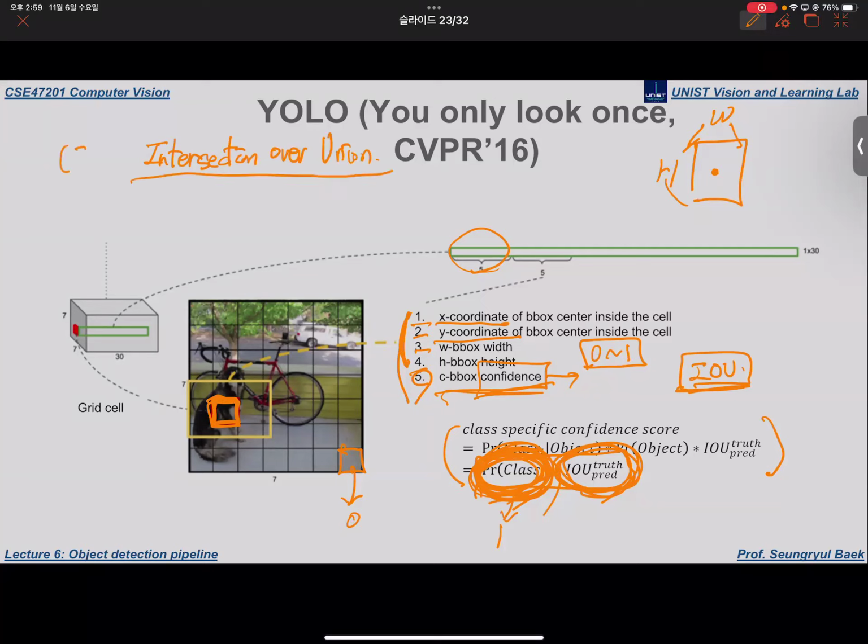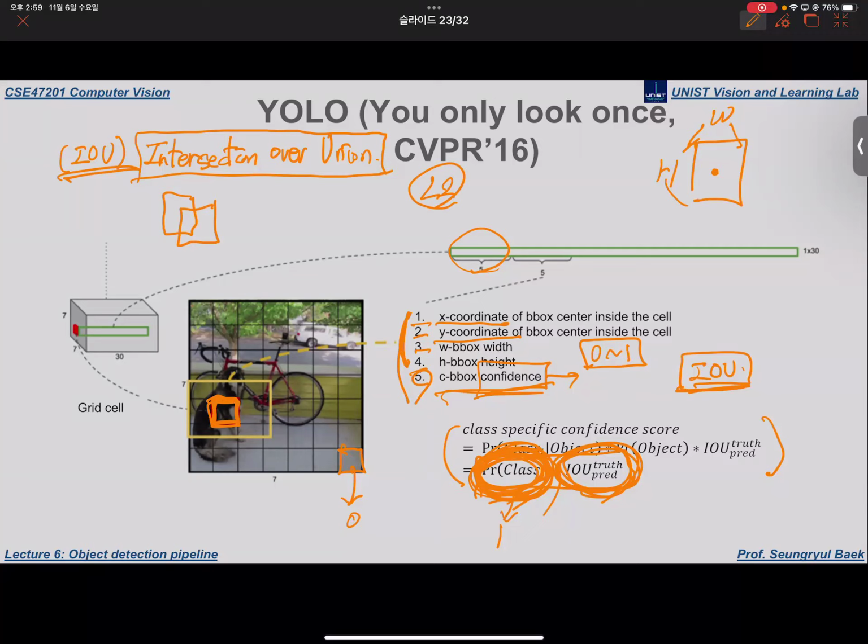Okay, that is the IOU. When doing object detection, you will frequently see this intersection over union, but it is not a difficult concept. Given two bounding boxes, the IOU measures their equivalence. We frequently use the L2 loss, which is the mean square error loss or the Euclidean loss, to measure